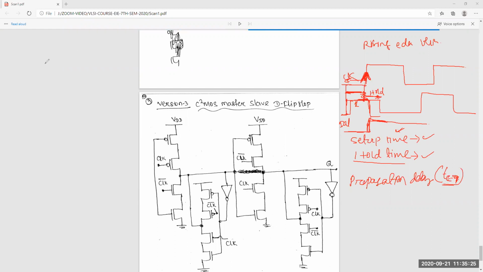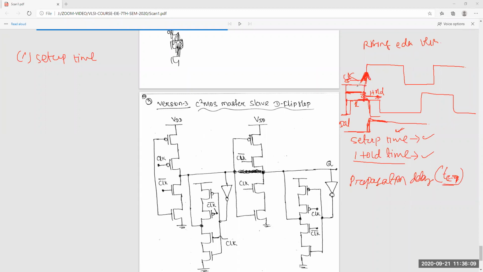So here are 3 things. One is setup time. Till now, whatever we have studied, no one will ask you a single question from that. Not NOR, NAND, how many transistors, nothing. They will only hit this question: what is setup time, what is hold time, and what is propagation delay, how setup time comes, how hold time comes, what is the calculation, what is the maximum delay, what is the minimum delay, everything they will ask. Very simple thing. You have to understand these things. First of all, you can easily give this definition: it is the time required for the data to be stable before the clock.